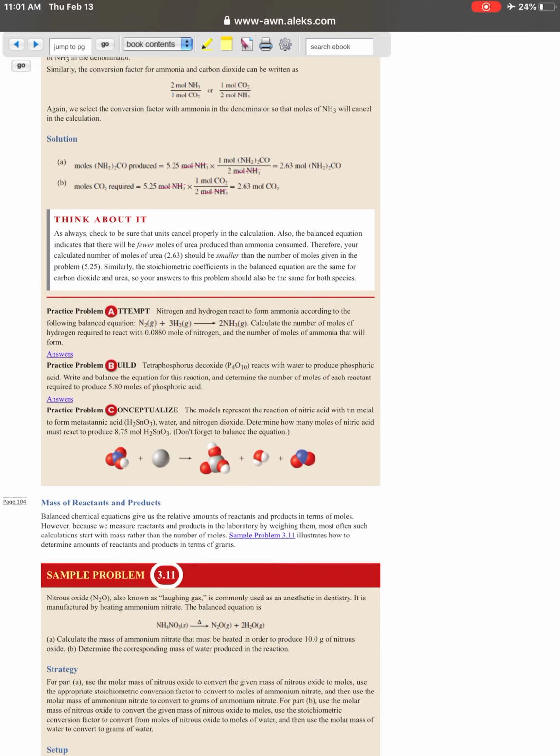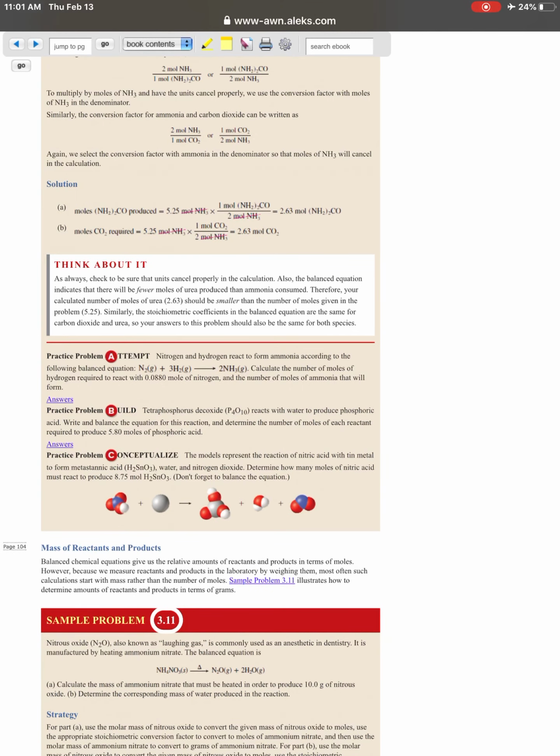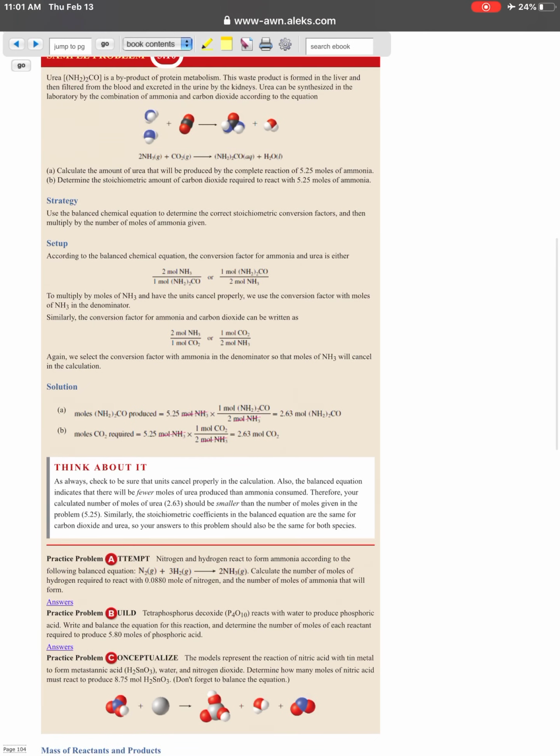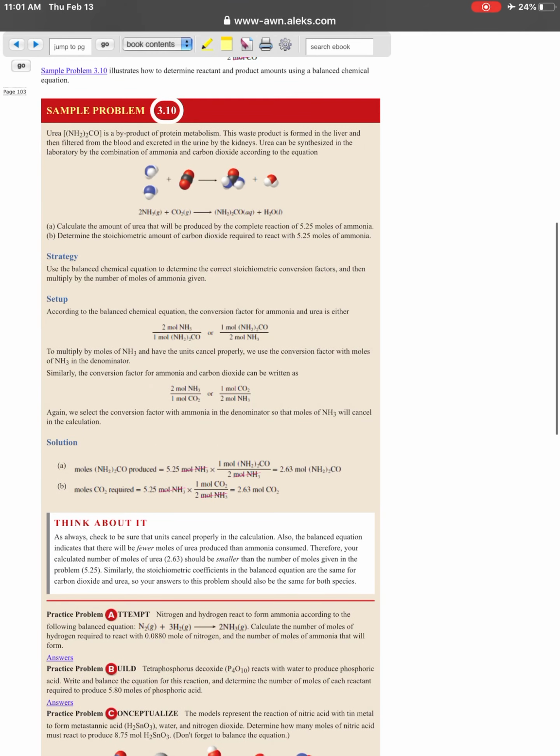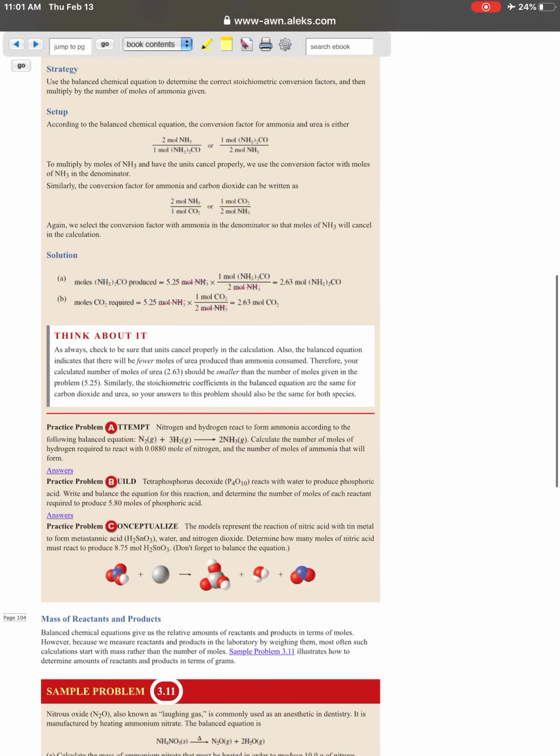Coming back to the carbon dioxide required. The ratio is 2 moles of ammonia for every 1 mole of carbon dioxide, or 1 mole of carbon dioxide for every 2 moles of ammonia. Come back to the balanced equation. Where do those numbers come from? A 2 and a 1 on the reactant side, 2 moles of ammonia for every 1 mole of CO2. So we're going to use this ratio on the right, 1 mole of CO2 for every 2 moles of NH3, because we want to know the number of moles of CO2. So in part B, moles of CO2 required, 5.25 moles of ammonia times 1/2, and that gives us 2.63 moles